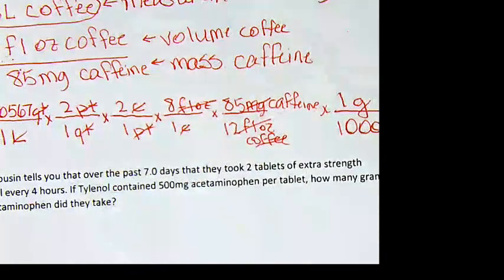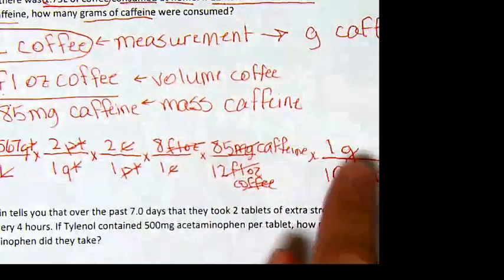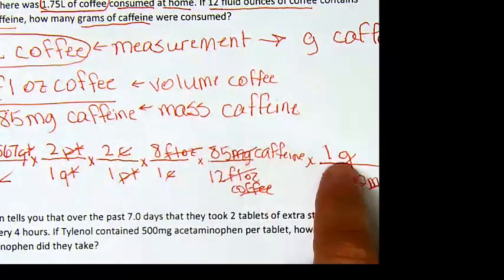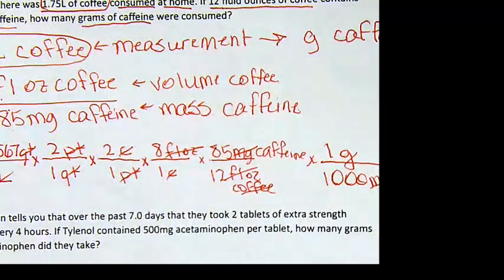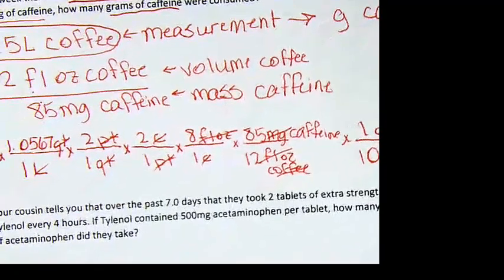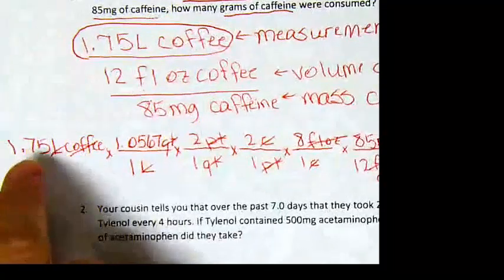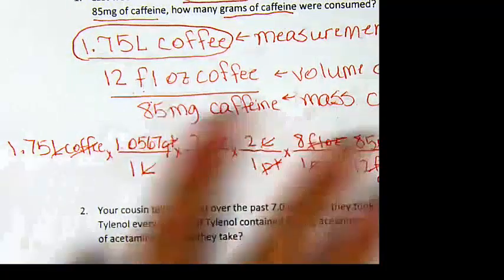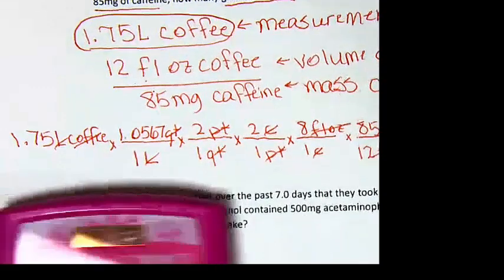And so the unit of milligrams will cancel. So the math: once the unit matches grams, I want grams of caffeine, and I've crossed out every unit by lining them up, and that leaves me with grams of caffeine. Once that matches, that's when you want to worry about doing the calculator stuff. And so you go back to the very beginning, and you want to begin the calculation with the 1.75. So don't start the calculation part of the way through it. The measurement is what you're trying to convert, so it goes into the calculator first,